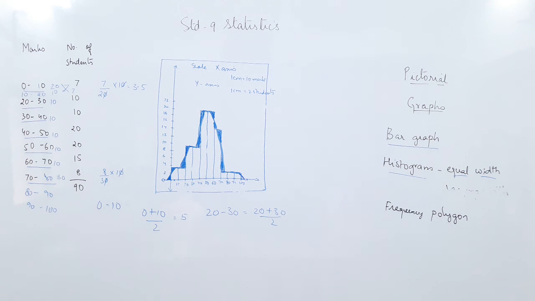Now we have done the bar graph, the histogram and the frequency polygon. Compare these three graphs. And I gave you the assignment yesterday, if you remember: the IPL has started. Since the IPL has started, if you are watching TV, see the graphs shown in the IPL matches and try to follow which are the bar graphs, which are the histograms, which are the frequency polygons. This year you only have three graphs, that is the bar graph, the histogram and the frequency polygon. But in the IPL you will see more graphs than that.